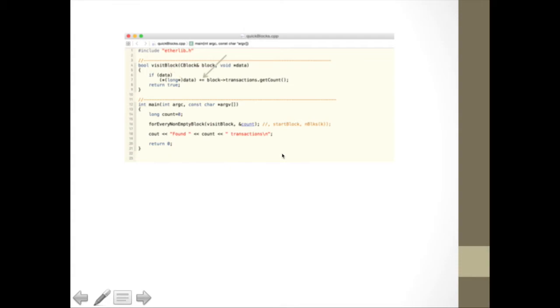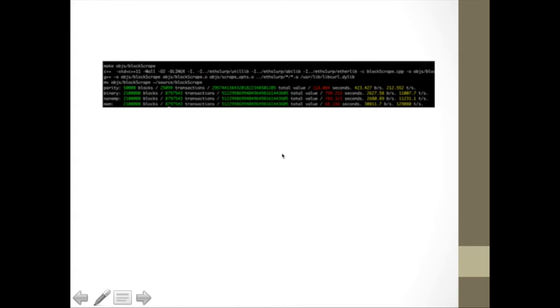And here we're accumulating the number of transactions in each block into the counter. Finally, we print the result to the screen. Note that by default, we visit every block, but you may specify a starting and an ending block, and I'll explain why this is interesting in a moment. In this screen, we show results. First, you can see that we compared the various methods, going to parity, going to the binary files, and finally